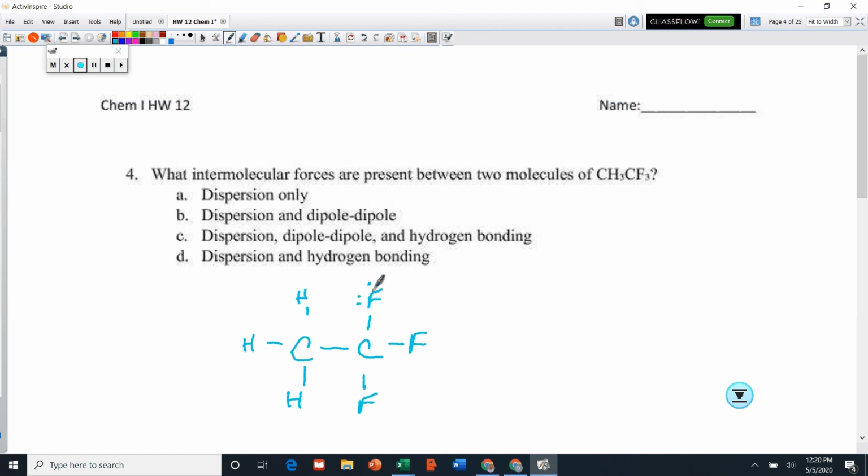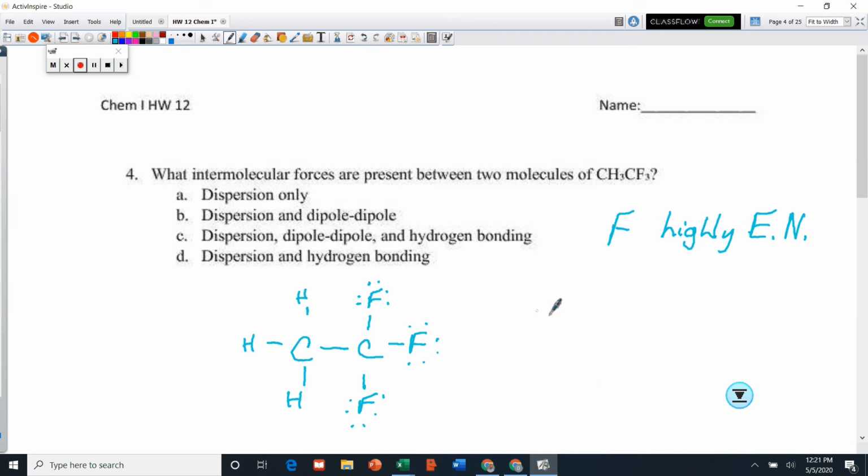I also know that fluorines are going to have 6 electrons around it, whereas the hydrogens won't. The other thing is I know that fluorine is highly electronegative,